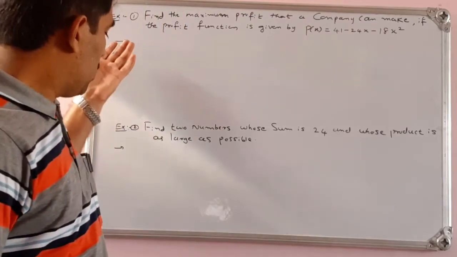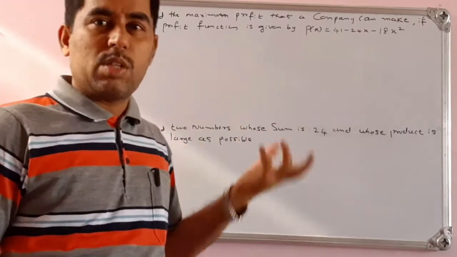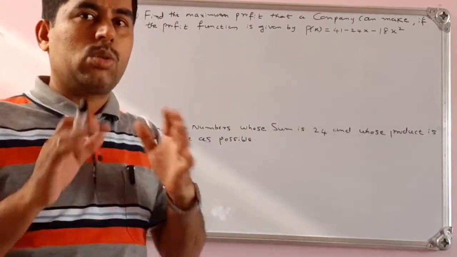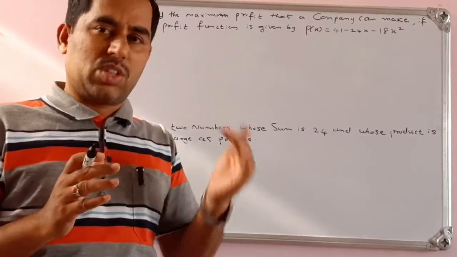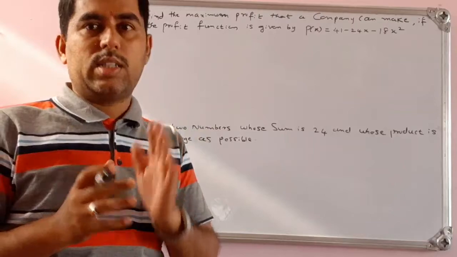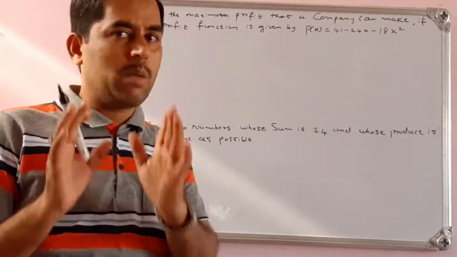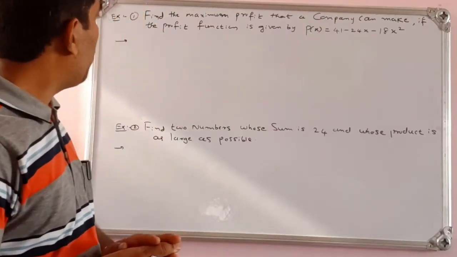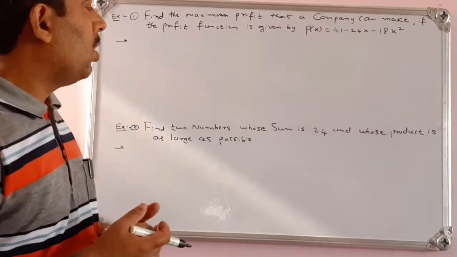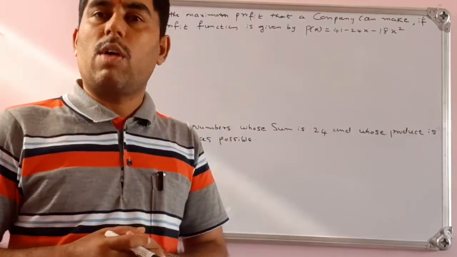The two problems which are written on the board are considered 2 marks problems in part B. Let us read the problem. The basic thing is we apply either the first derivative test or the second derivative test. In most cases we use the second derivative test only. That is the important point. In this session, I will do 4 to 5 problems, so you go through the video after the completion of the class.